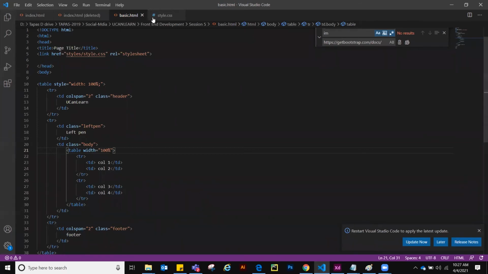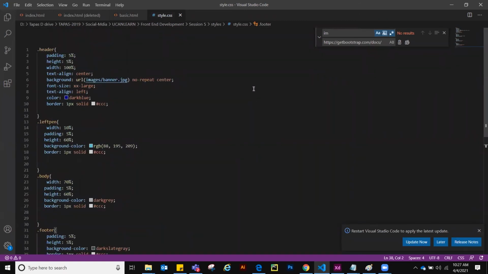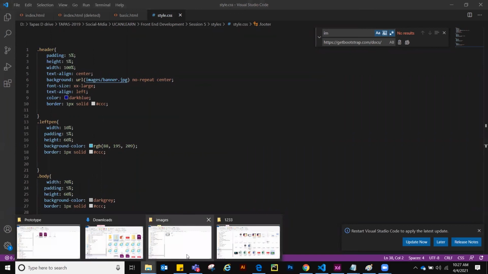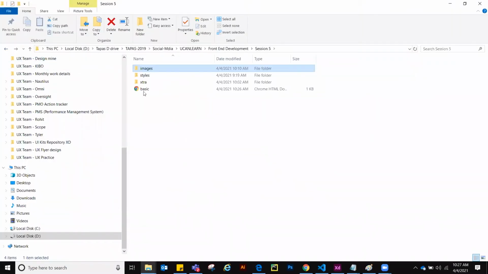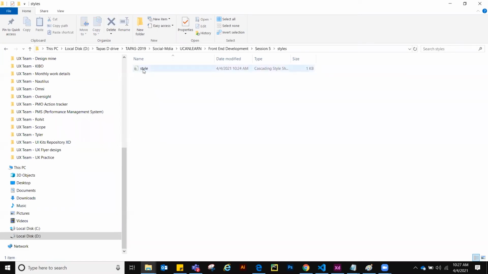You have pasted the entire code in style, and style stays inside a different folder. Previously, the path went from basic directly to images, but now your code is inside the styles folder, which means it is one more folder deep. Should the path be the same now? No, it will change, because the style is inside a folder.